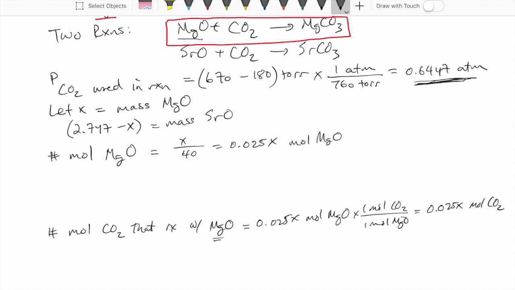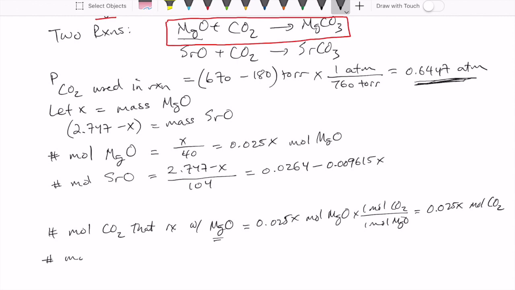my MgO. Let's calculate the second oxide, which is SrO. We can calculate the number of moles of SrO by taking its mass, 2.747 minus X, and then we divide that by its molar mass, which is 104. I can plug this in my calculator to get these two numbers right here, 0.0264. That's if I just take 2.747 divided by 104, and then minus 0.009615X. That's the number of moles of SrO,